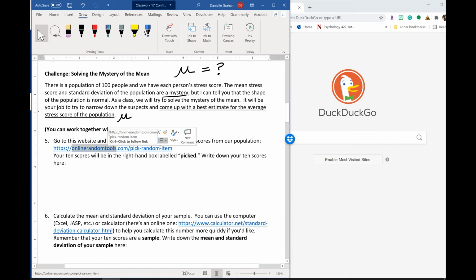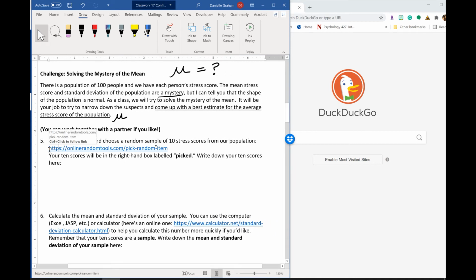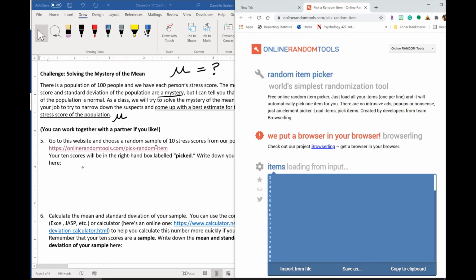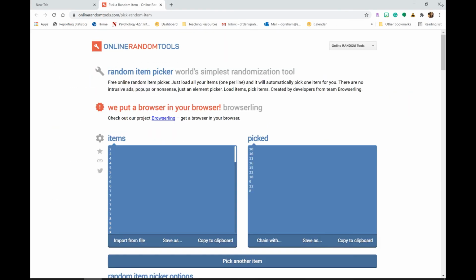I can't hold control when I'm in tablet mode. How do I do this? There. Hopefully this works. There we go. Everything is a learning curve for me, just like it is for you. Okay, so this website will open up,